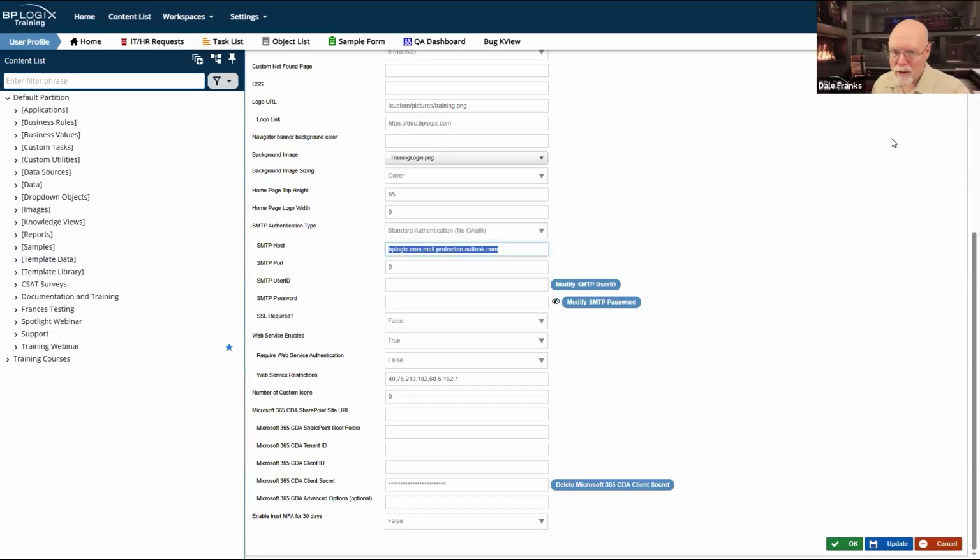Our recommendation is that you use Mail Relay to send mail. Now, this will require that you configure your email server to accept Mail Relay from the Process Director server, whatever the server's IP address may be.